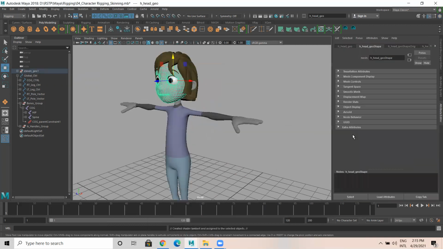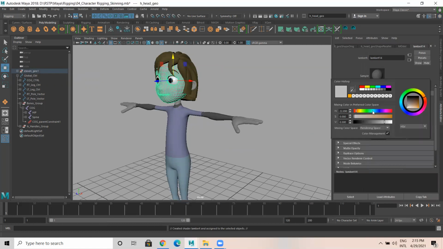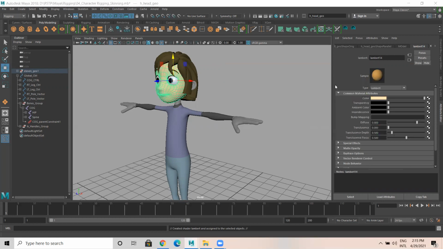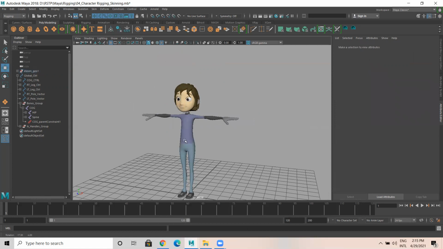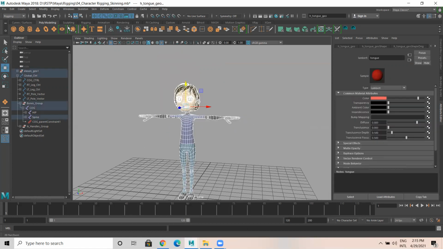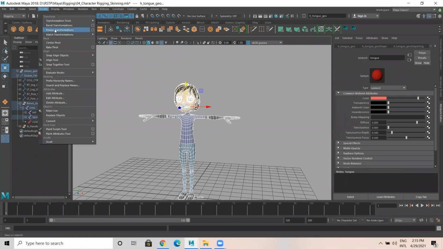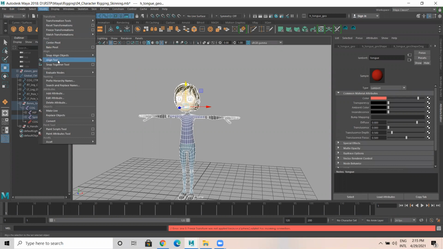Let me apply Lambert and choose some color like this. Okay. So I'm selecting all this model, then edit, delete by type history, modify, freeze transformations, modify, center pivot.